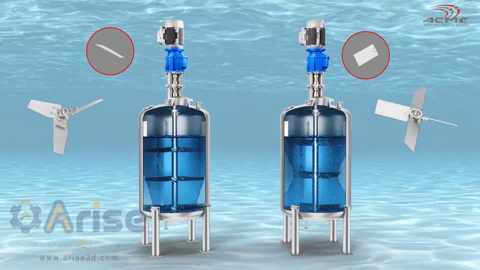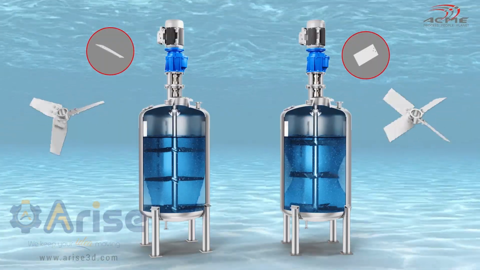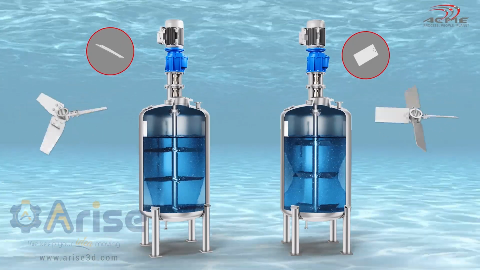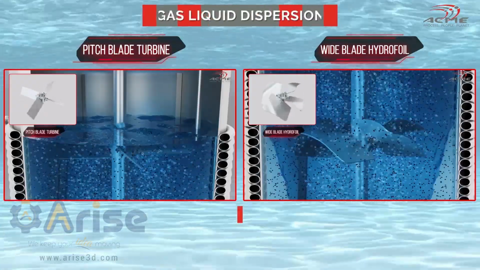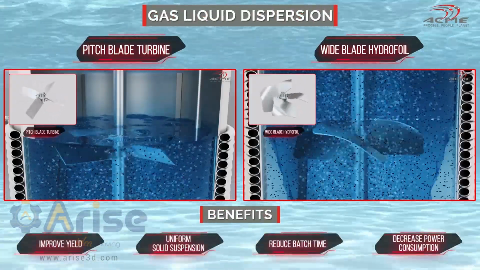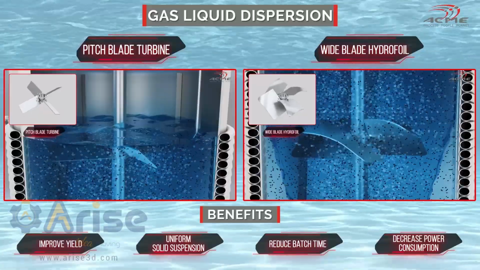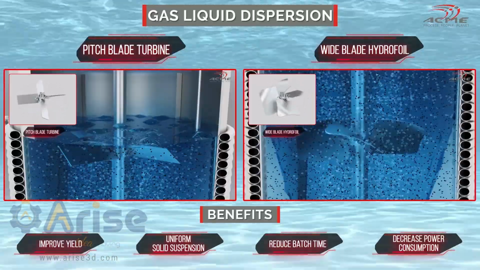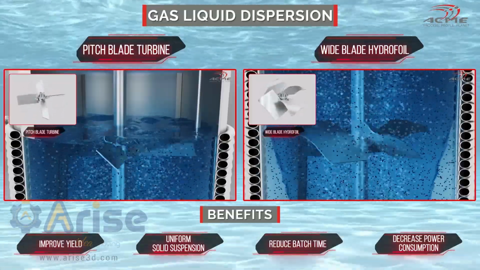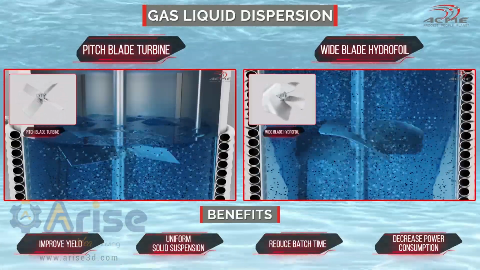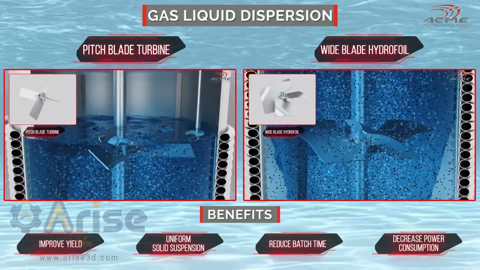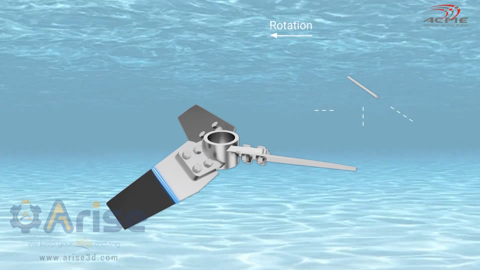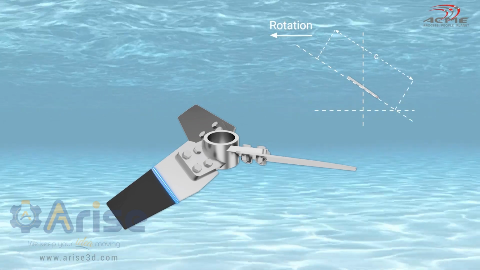The hydrofoil design incorporates blade twist, optimized attack angle, and refined leading edges to maximize flow, minimize torque, and prevent flow stalling. In gas-liquid dispersion applications, the Acme PBT impeller effectively reintroduces gas present in the vapor space back into the liquid phase. In addition, the wide blade hydrofoil geometry promotes uniform catalyst suspension and strong axial circulation throughout the vessel. The hydrofoil impeller blade experiences approximately half the relative fluid force, contributing to improved hydraulic efficiency and lower power